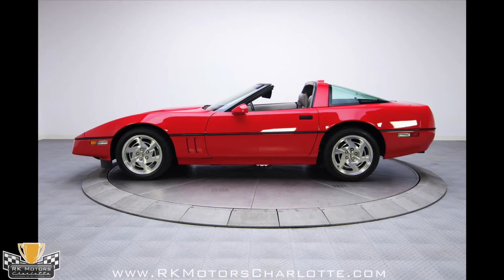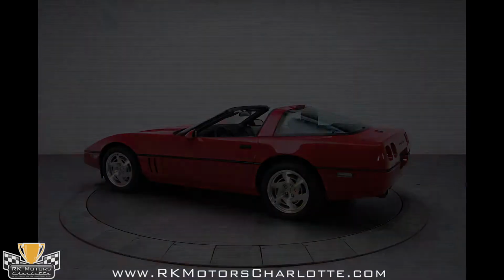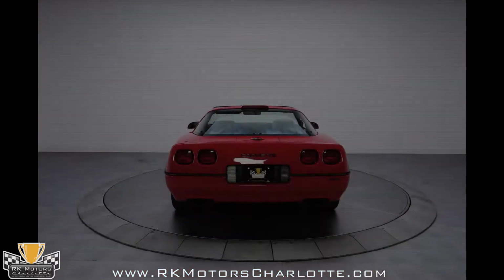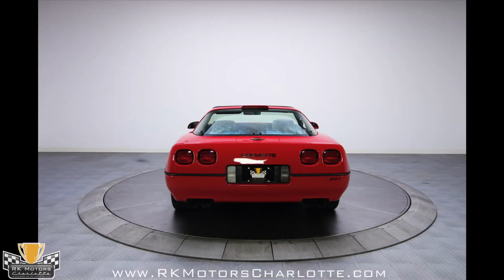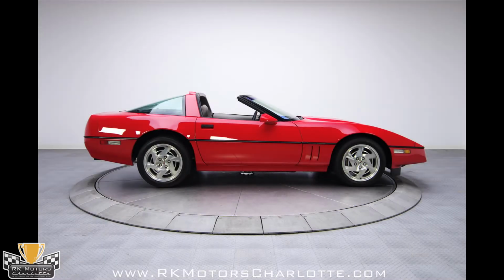We'll dispense with the history lesson, since you can look through our archives at the other low-mileage ZR-1s we offered and get the full story, or more likely, you already know the whole story by heart. The story on this one is its incredible preservation, low mileage, and interesting ownership history, and I'll tell you all about it. In 1990, the paint known simply as bright red was by far the most popular ZR-1 color